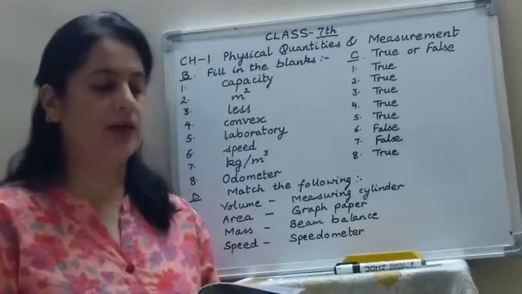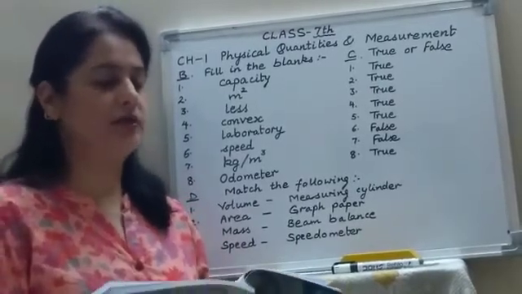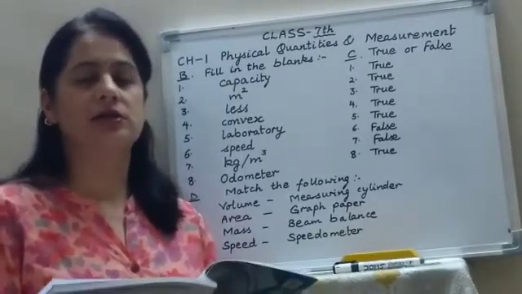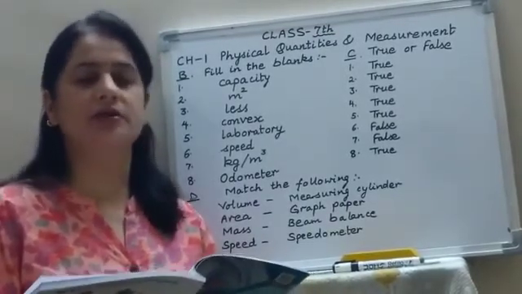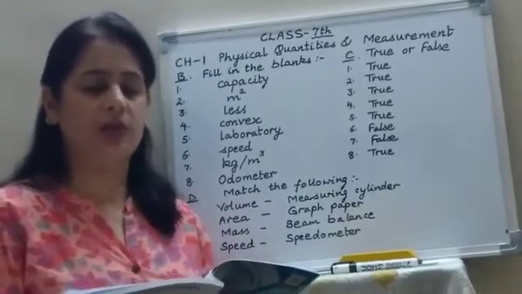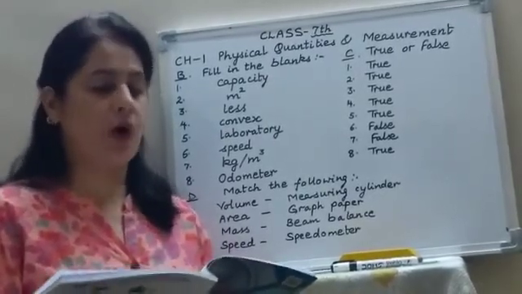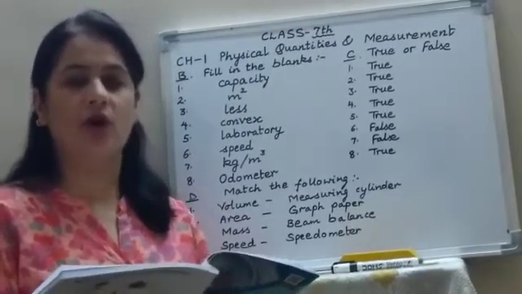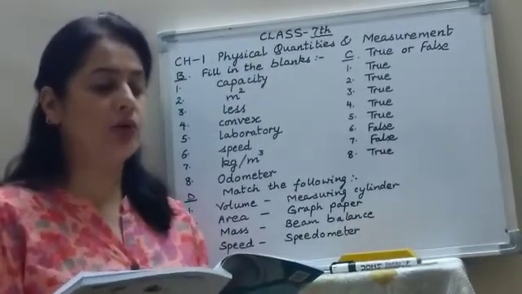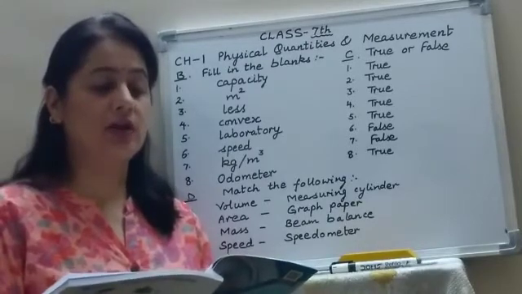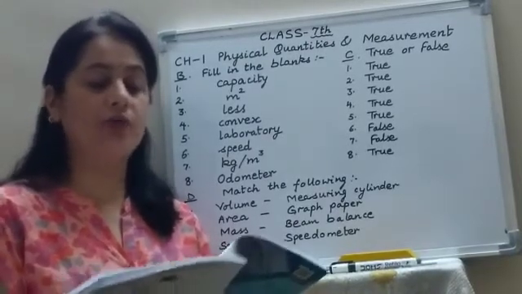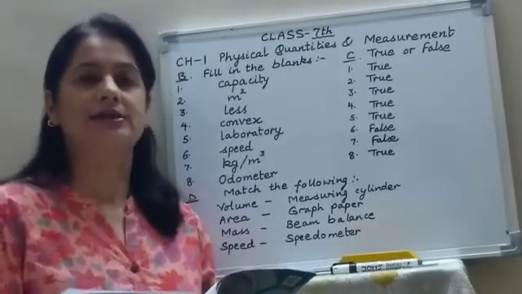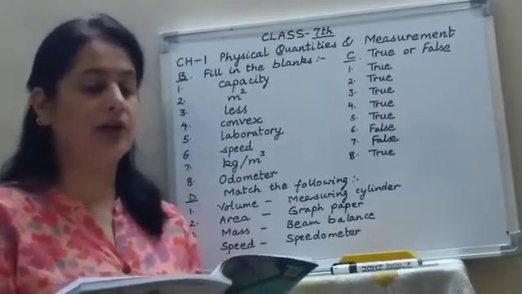Now fourth part, length or distance which is covered in specific time is called dash, and the answer is speed. Length or distance which is covered in specific time is called speed. Fifth part, 1 cubic meter is the total volume of a cube which is occupying length of. Now 1 cubic meter is the total volume, and how do you find the volume of a cube? You know the volume is given by the formula side cube, means side into side into side.